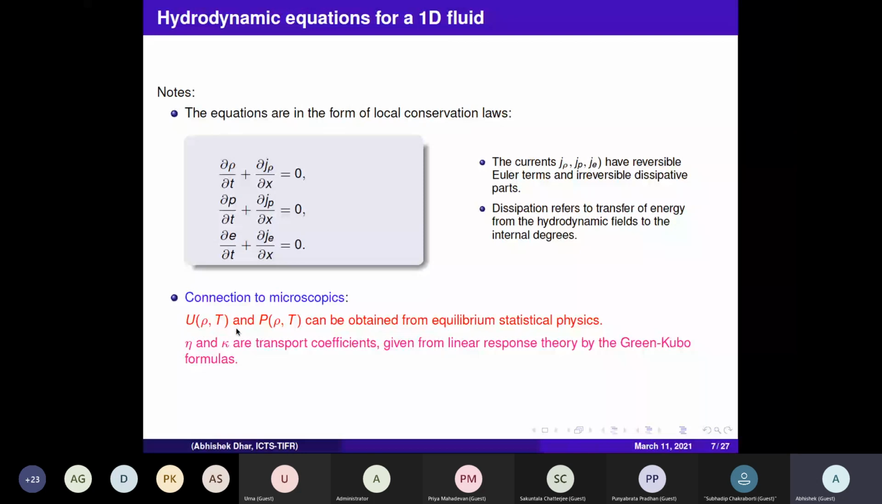These can be obtained from equilibrium statistical physics. And then there are these two transport coefficients, the viscosity and thermal conductivity, which in principle can be obtained from linear response theory or the Green-Kubo formula. Okay, so I hope this description